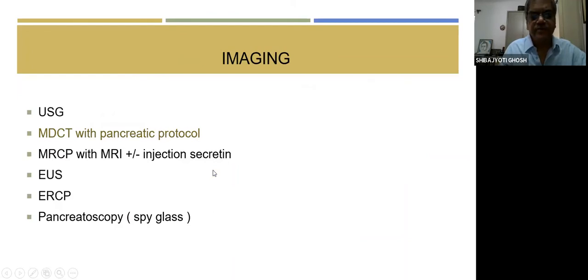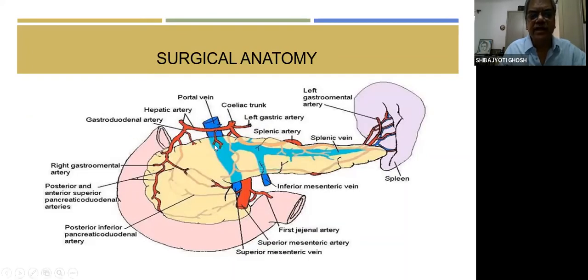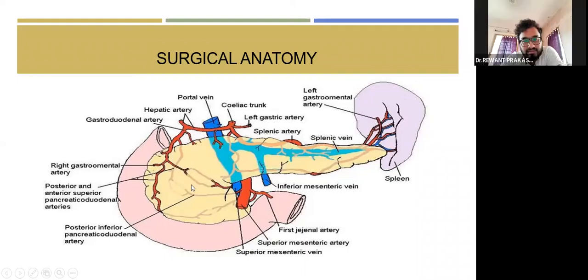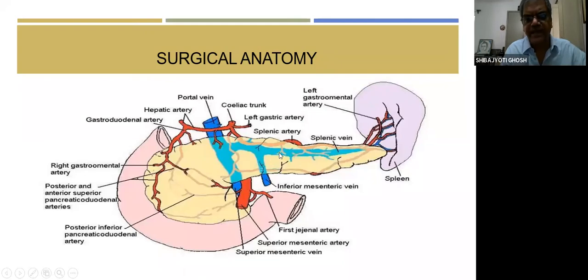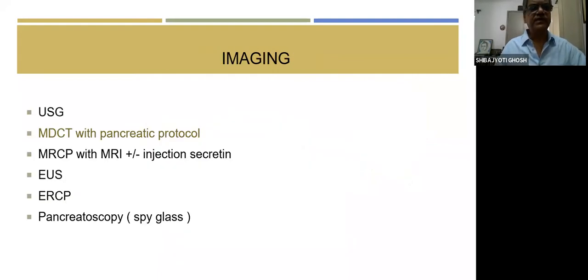And similarly, if you think of the veins, you can see the portal vein. The portal vein is behind. So if we stay safely in the middle of the pancreas, the chance of encountering any major vessel, vein or artery, is less, unless vascularity increases due to acute conditions, like acute on chronic pancreatitis. So on imaging, of course, initially